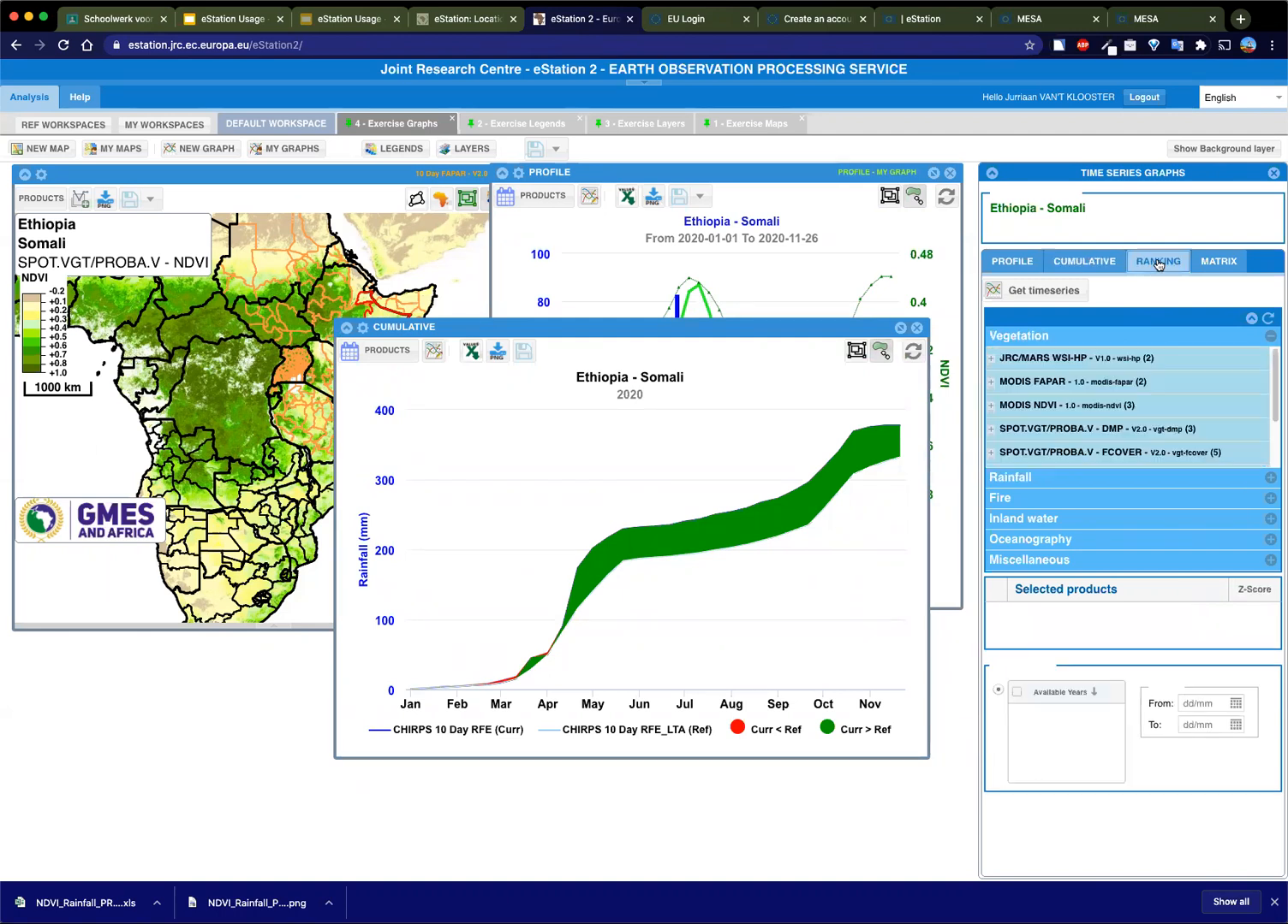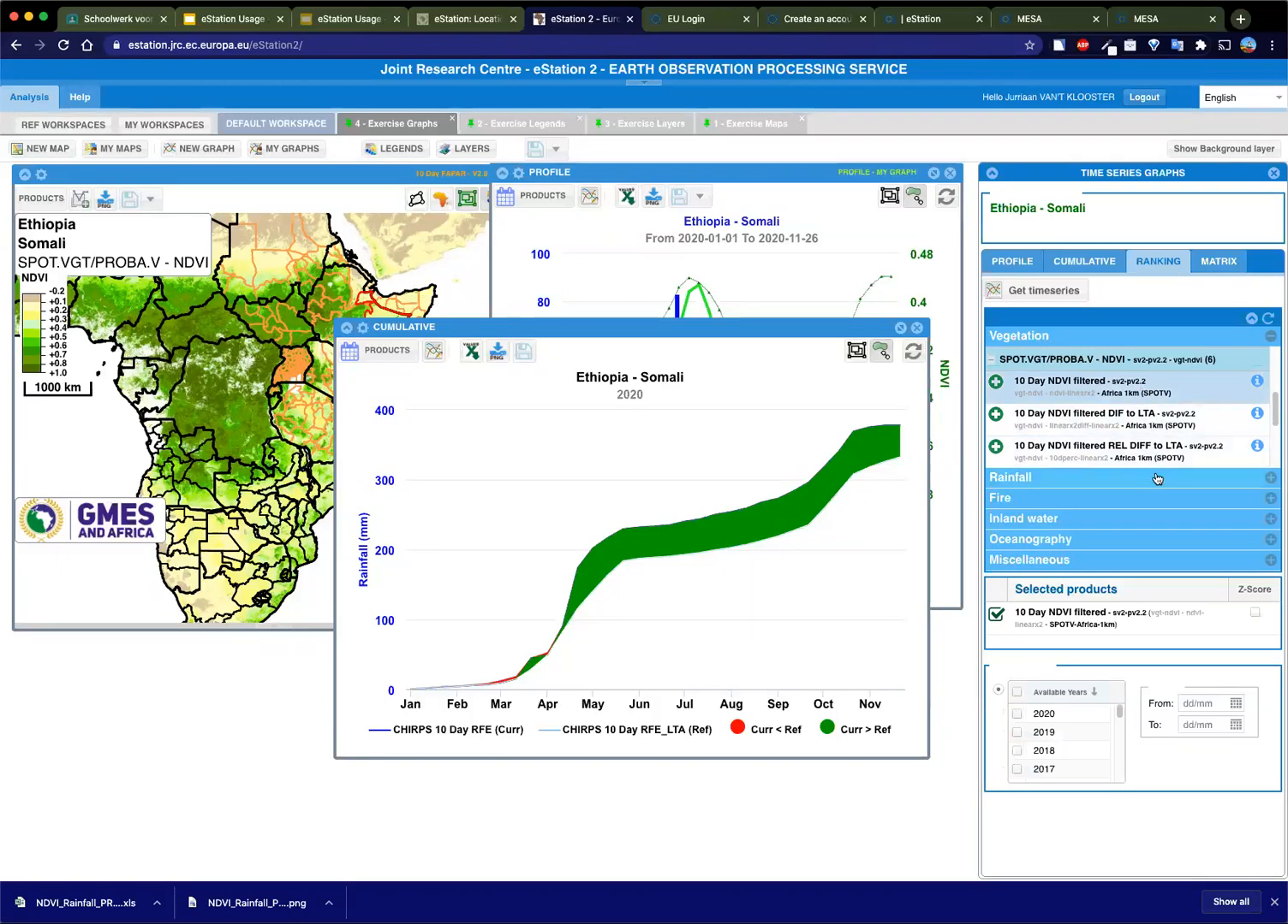And I can go to the ranking. So for the ranking, you can choose only one product. So I choose, for example, DVI filtered. If I click on another product, you see that it is replaced by the new one. So you can select only one product. I don't calculate the zeta score. And then you select